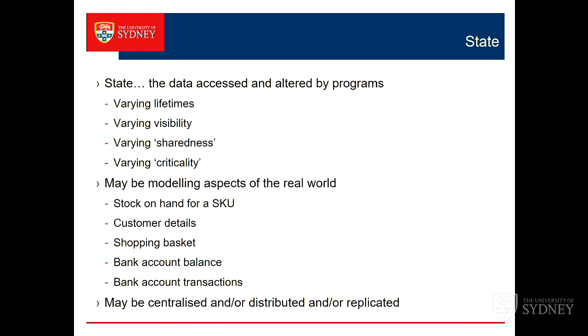And to make life more complicated, the state might be centralised, so it's all in one place. It might be distributed, so bits of it are in different systems, and it might be geographically distributed. It might be replicated. So every bit of data I have is kept in 3 different places. And as soon as you replicate something, then you can have problems because it's not the same. So replication is a great idea, but as soon as you have more than one copy of something, it can be different.